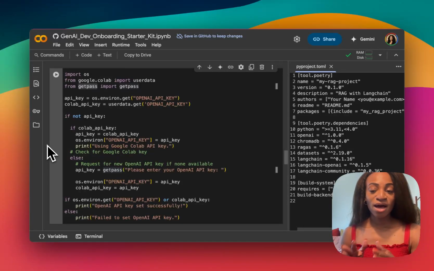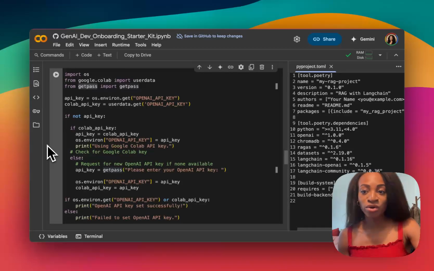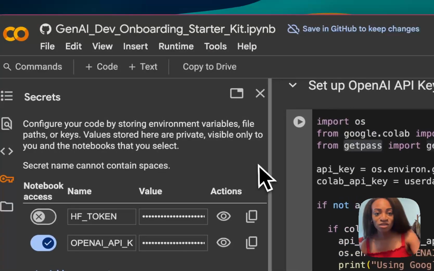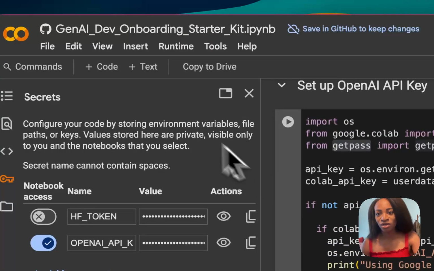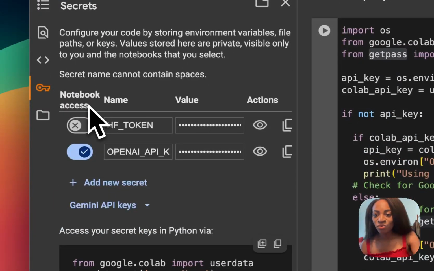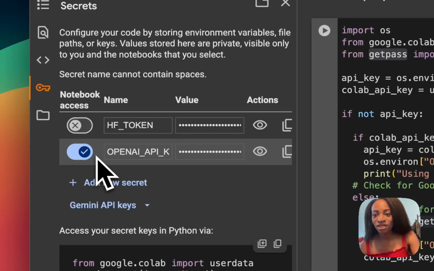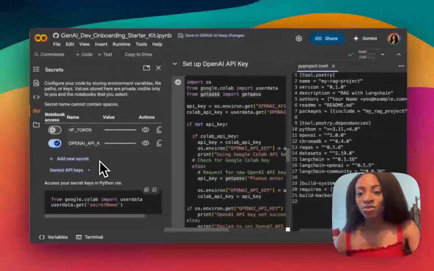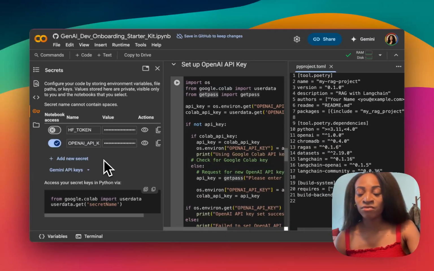In my case, I have a key already stored in Google Colab. So this is a pro tip for anyone who wants to make this process easier in the future: you go to the key here in the left nav under secrets. You can decide which keys or tokens you want to enable or give access to for that notebook. If you create your key or you have one,